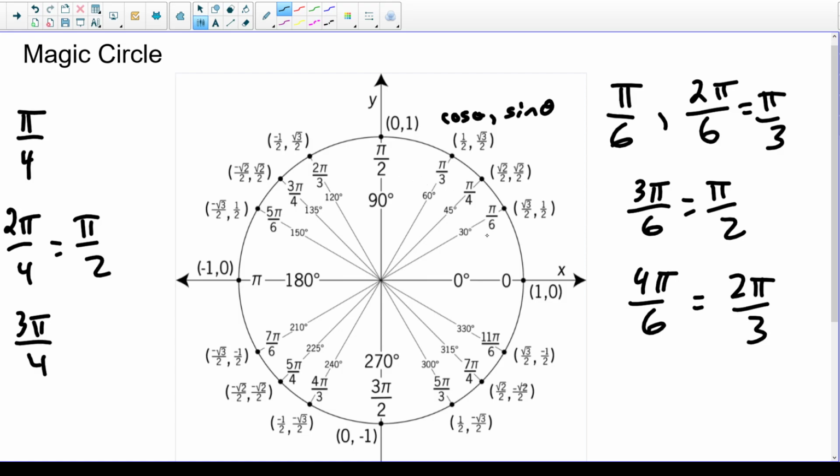So I get some students that try to figure that out. Although this was 4, 3, 2, so that kind of does follow a pattern, but it starts with 6. So 6, 4, 3, 2, you might want to memorize that. I don't know. But pi over 6, I always think that the smallest angle, 30 degrees, has to have the biggest denominator because you're dividing 180 by 6 to get 30. If you go back to that conversion I showed earlier,